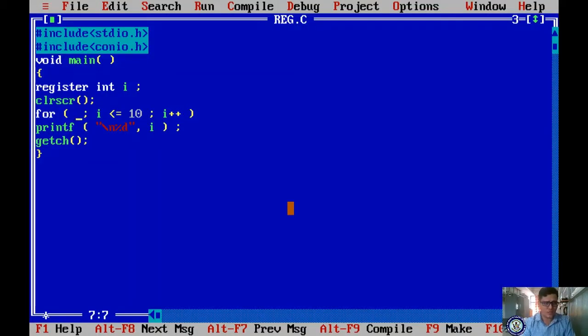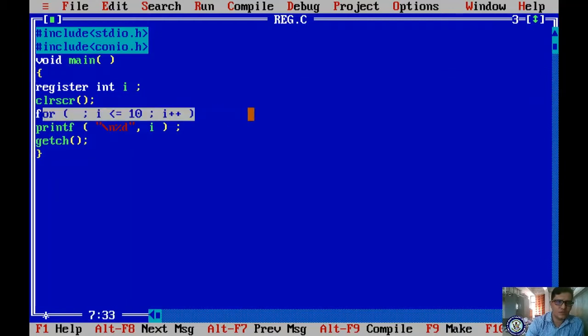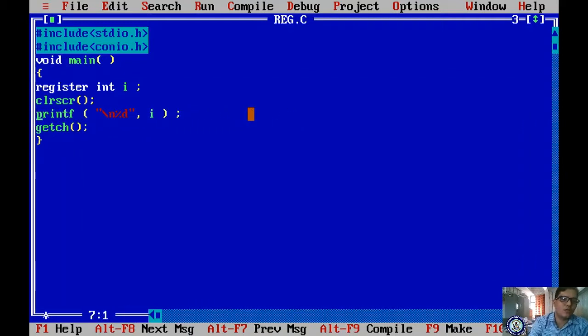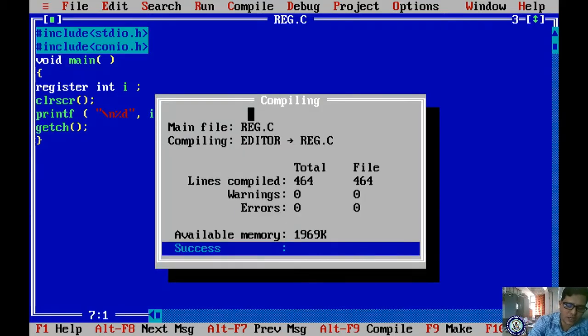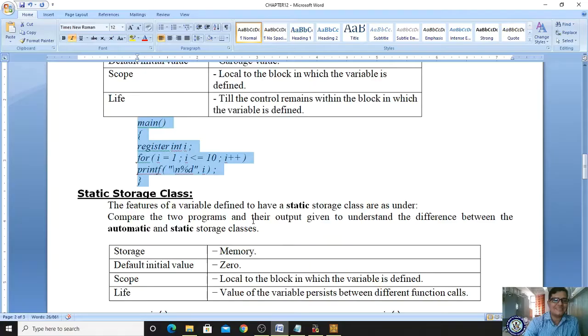Actually we'll see without using this for loop. If I print, we have to check whether it is printing a garbage value or zero, right? So now I want to display the I value. I have not initialized any value to I, right? But it is a register variable. So if you compile and run, it is showing garbage value. Clear? If you run once again, it is showing garbage value. This is a garbage value because we have not initialized a value to your variable, right?